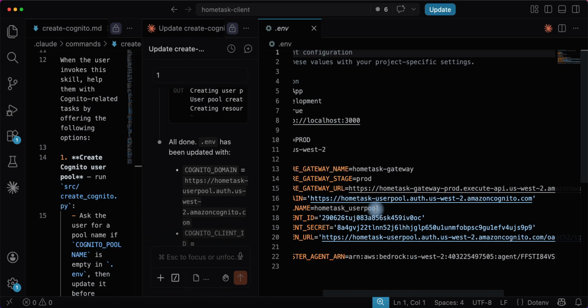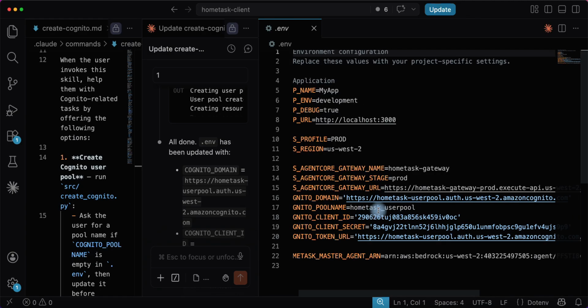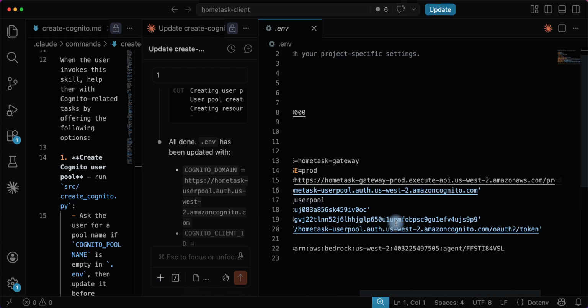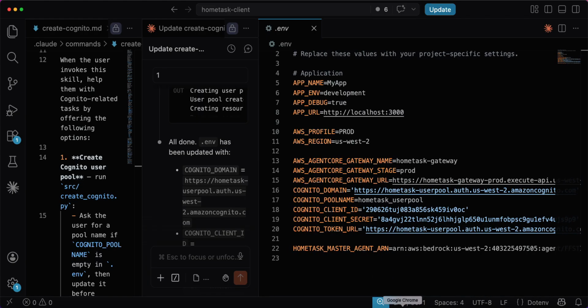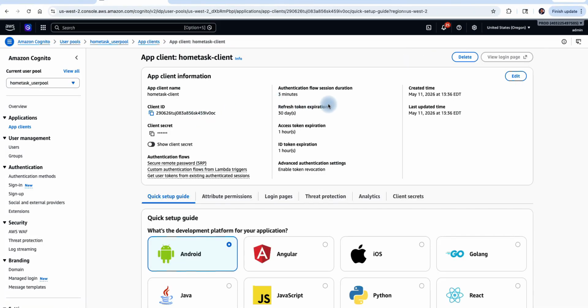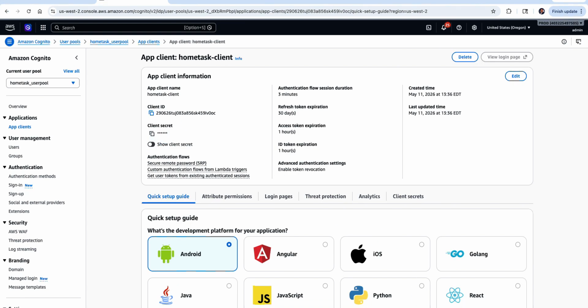Domain is correct. Why is this home task Userpool gray? Okay, because that was read, not written. And this was written, and this was written. Client secret. P9. Okay, I think